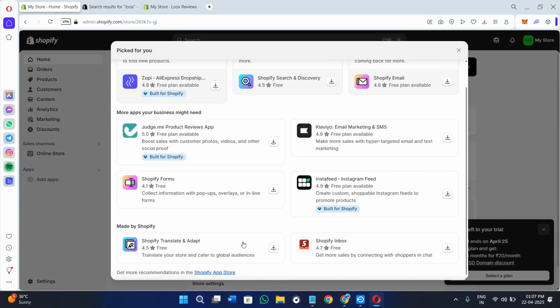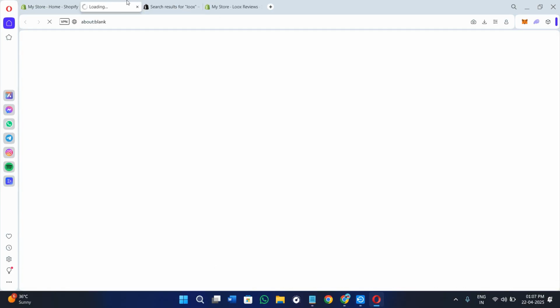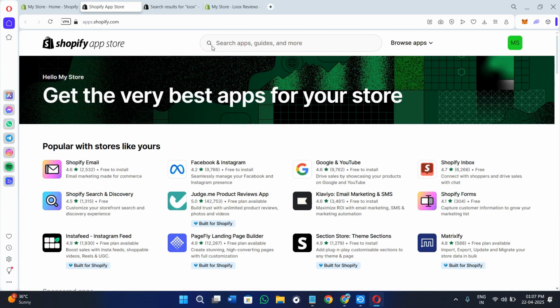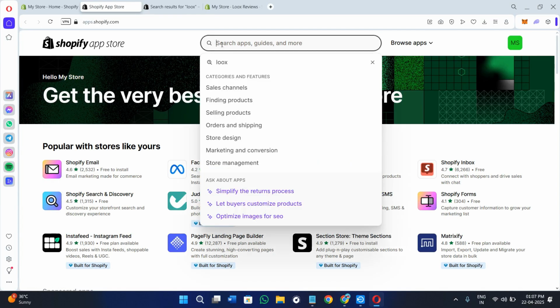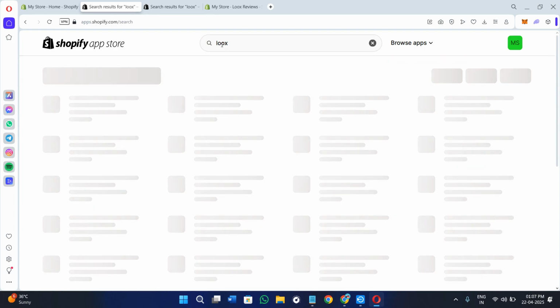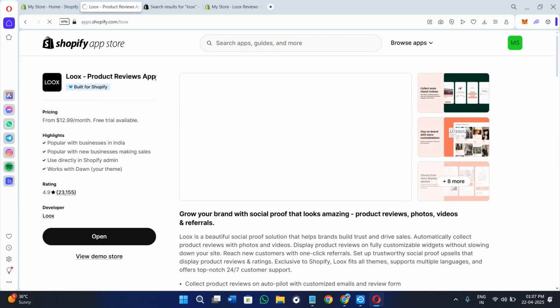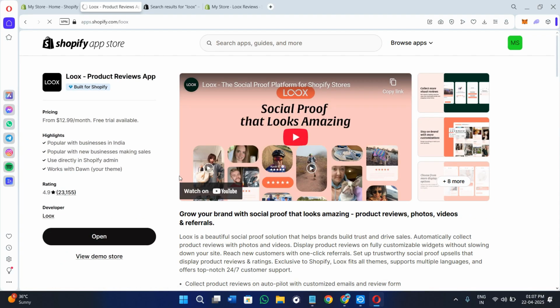Now, after clicking on it, you need to simply scroll down a bit and select the option of Shopify App Store. Once you do this, you will land on the Shopify App Store, where you need to simply search for the app called Loox. So you need to simply type it in the search bar and press enter. Now, this is the Loox product review app which you need to install. So you need to simply click on the install option over here and install it, and